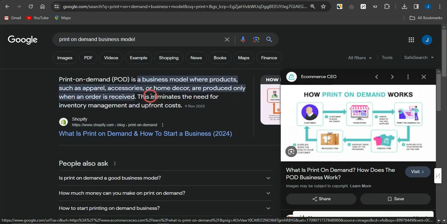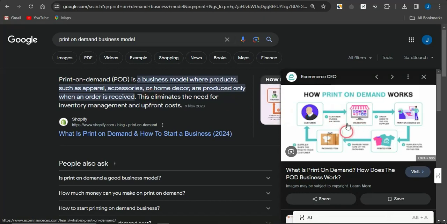This eliminates the need for you to have inventory management or upfront cost. And here's an overview of how the print on demand business platform actually works. The first step is that you simply need to create a simple design. Such a design might be for a t-shirt, a bag, a hoodie, a mug, or any kind of product, and the customers go on to see that design